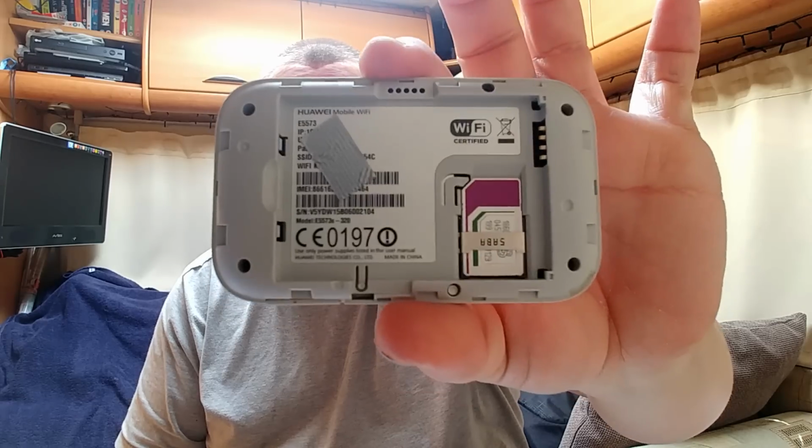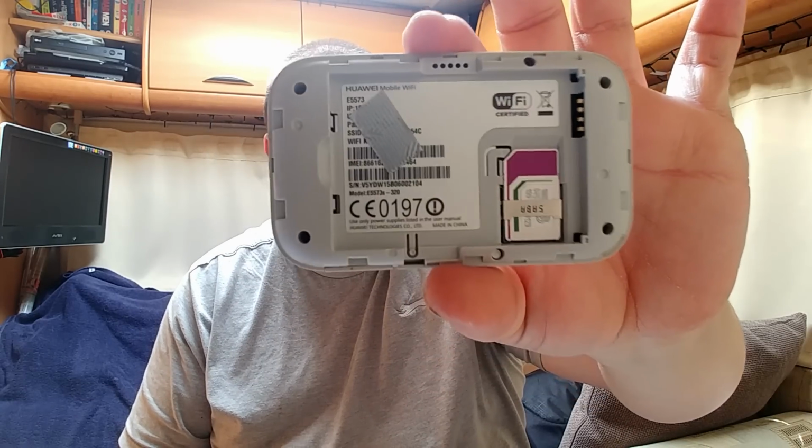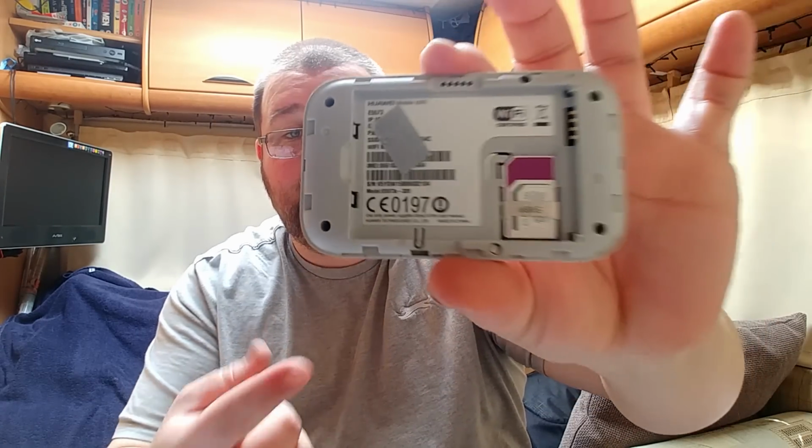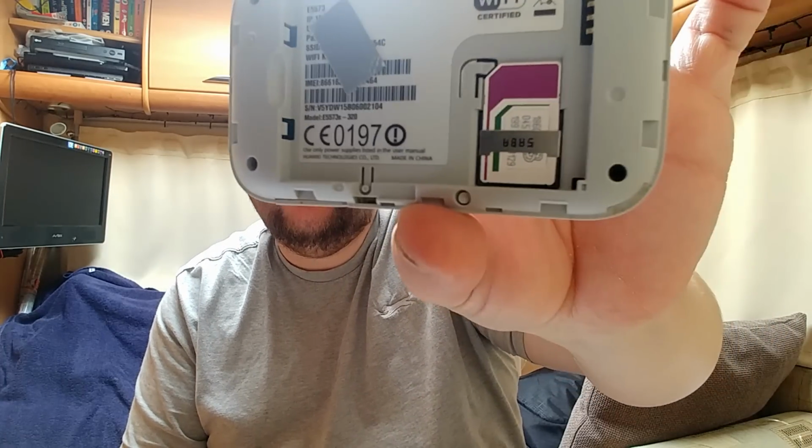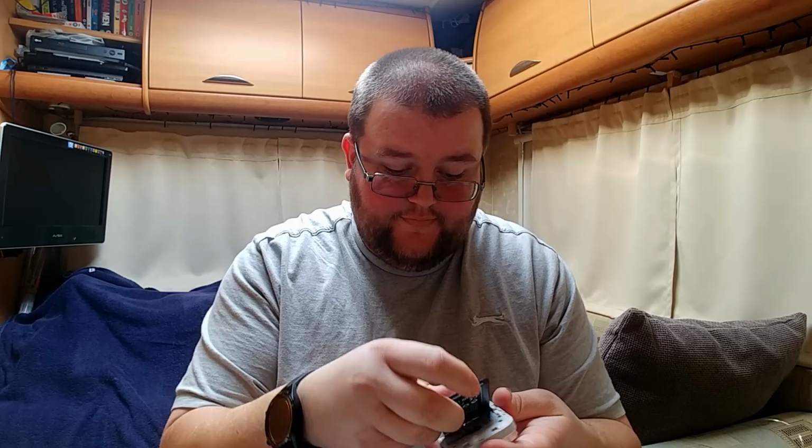I put a sticker over the personal information for the actual dongle. But as you can see, there is a SIM card just popped in there, a 3 mobile SIM card, just down here. And that is how the internet comes in. So we plug the battery back in, pop it all back together, close it up,